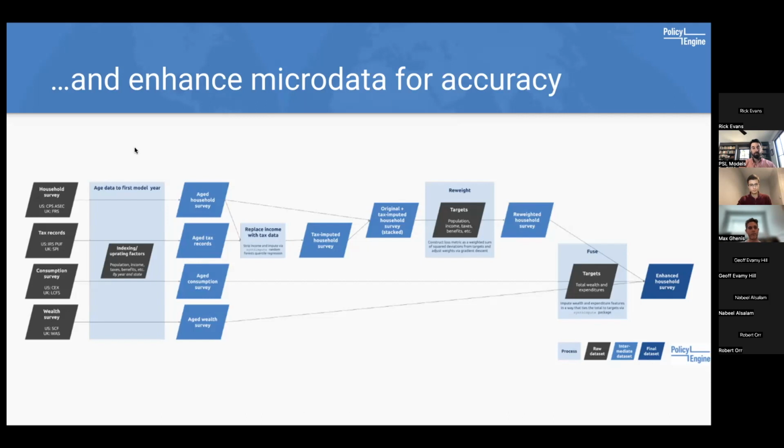A lot of the time, if you want to answer a tax question, you might go to the public use file, but if you want to answer a benefit question, you might go to the current population survey, and all of these sort of break down at the state level. So we have a plan, which we will be implementing early this year, to apply that same approach from the UK on the US side.